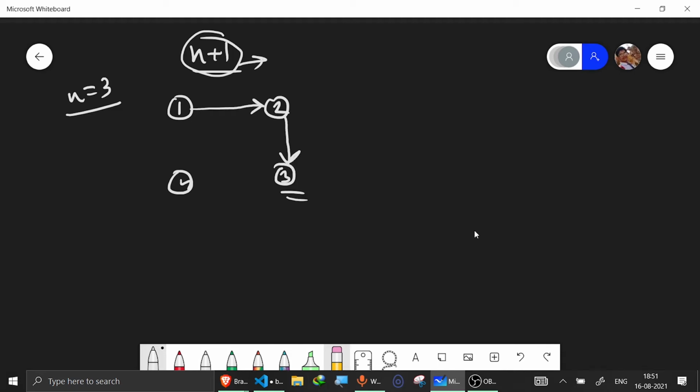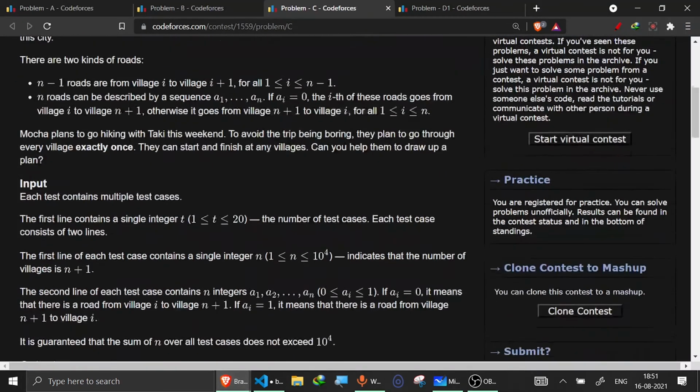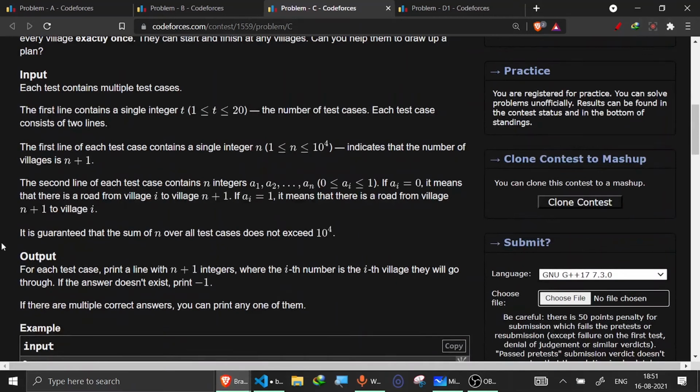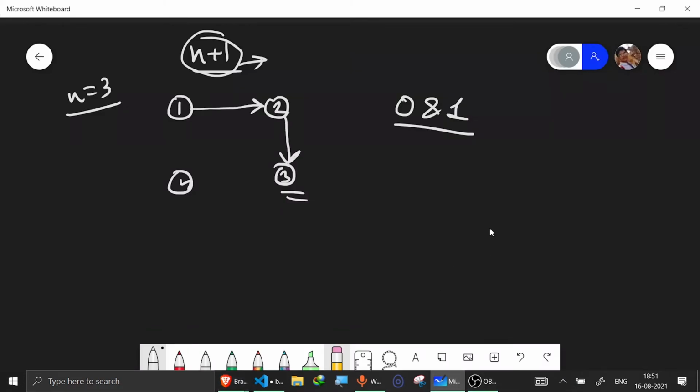And now for every i, you would also be given the value 0 or 1. If the value is 0, then our edge would be directed from that node to the n plus 1th node. And if the value is 1, then our edge would be directed from n plus 1 to that node.